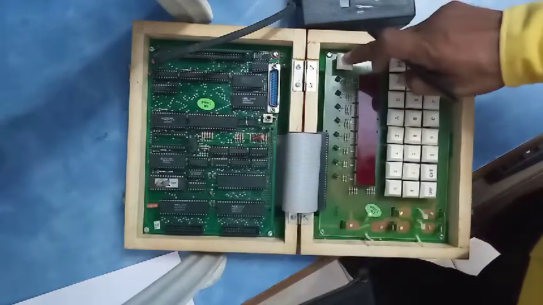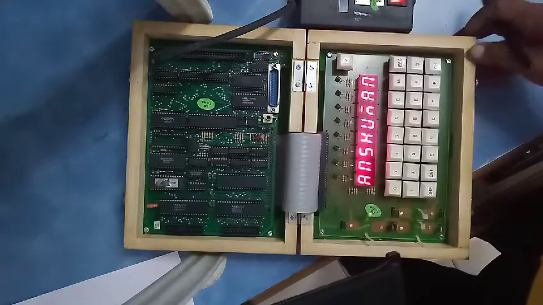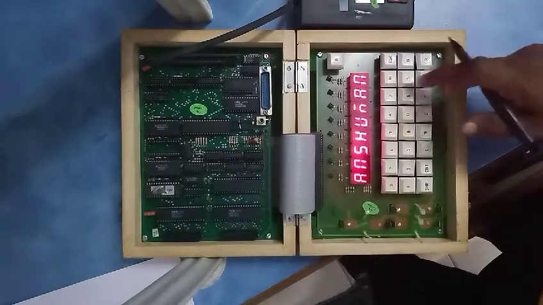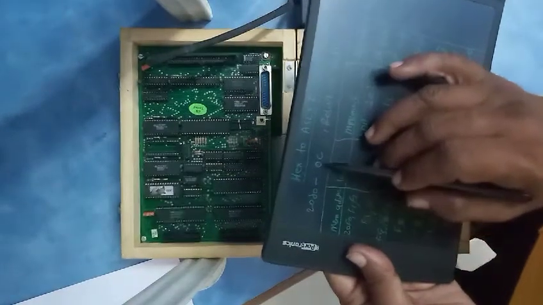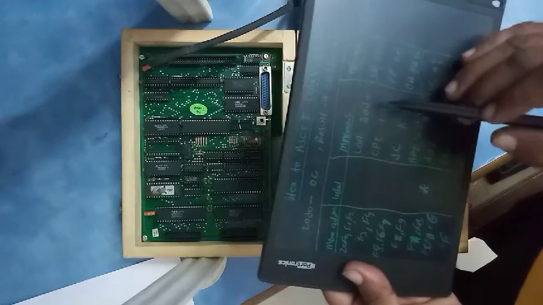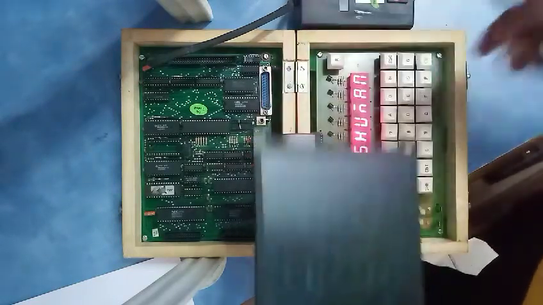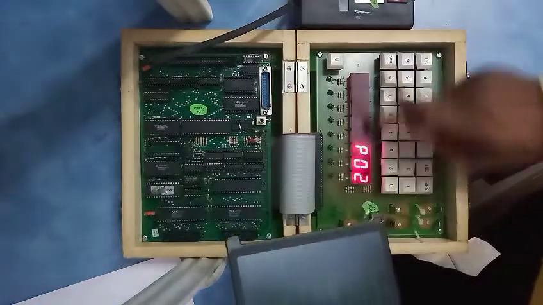For this we have started the kit. We have reset it, and then what is the first step? First we have to initialize 20D0, the number which we have to convert. We have to assign this address by pressing CR 20D0.